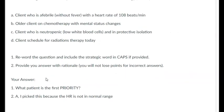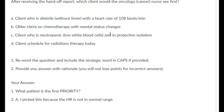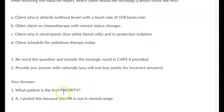Last one. Oh, no, it's not the last one. Number 10 here. After receiving handoff report, who are you going to see first? This one is confusing for students. First, priority would be a strategic word to keep there. Many students do want to pick A because of that elevated heart rate. I'll say my heart rate gets to be 110 pretty quickly if I'm grading students doing skills checkoffs. So although it's abnormal,